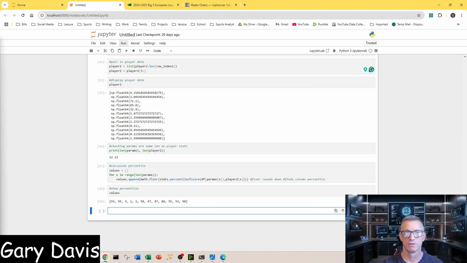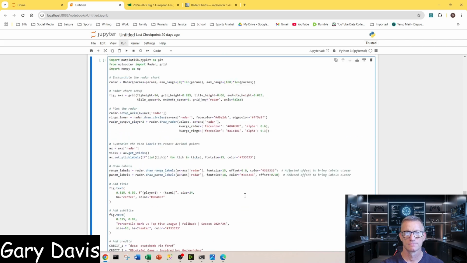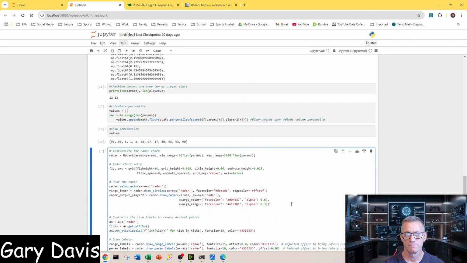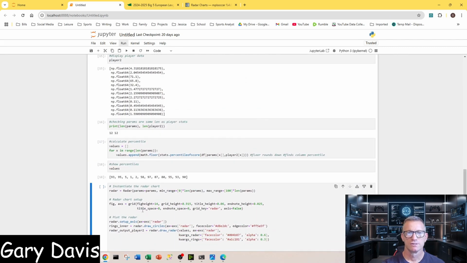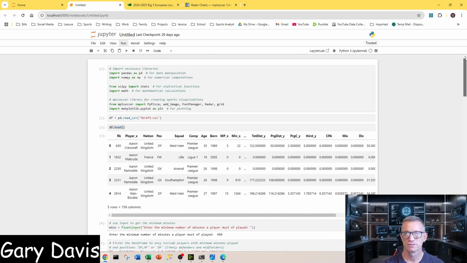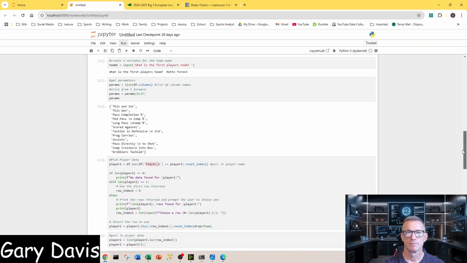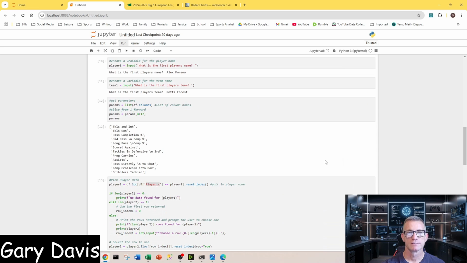So now we have all that we need to create the visualization. So this is the code that is going to create the visual. As you can see, the radar is the first thing here. So remember, we pulled that in here. So we're creating a variable radar, and then we're using that package here, and it's going to say we're pulling into the radar all the parameters. So remember, again, the parameters are, where did I pass them? Are here. So it's pulling all of these in,